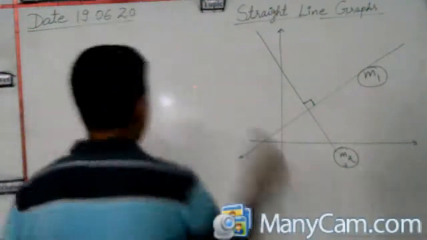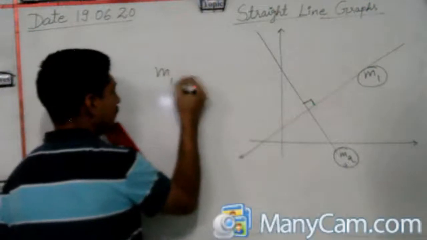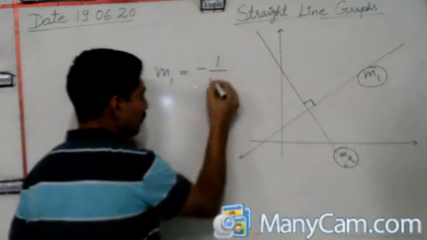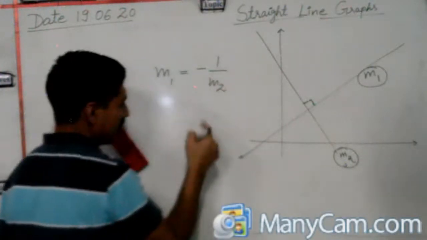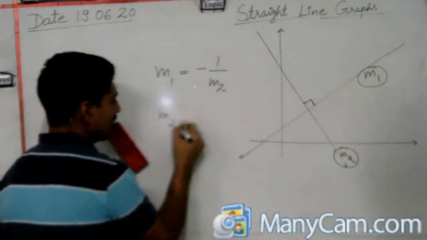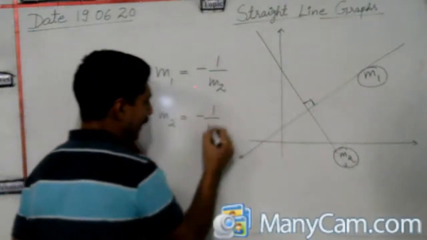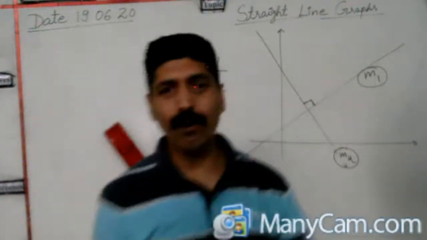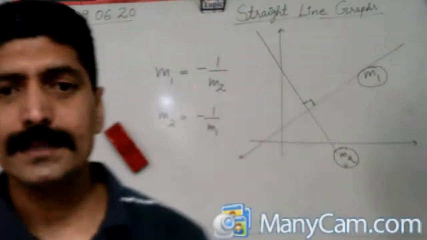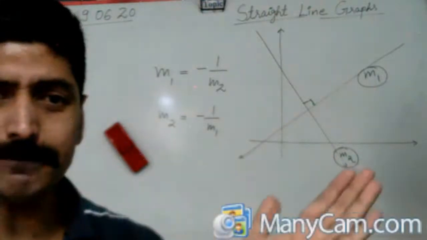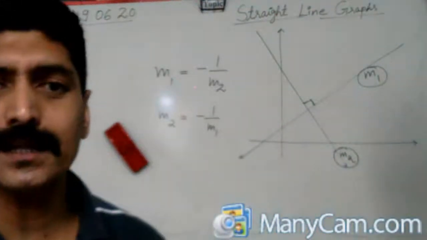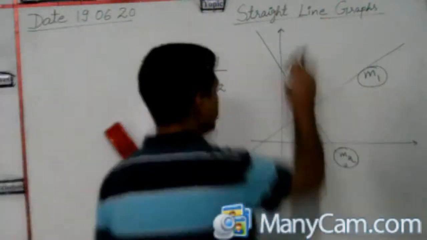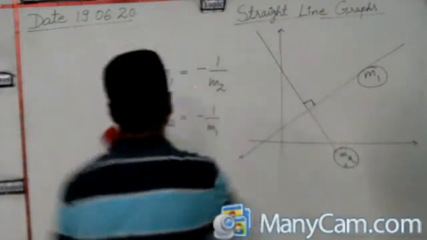It means m1 is always equal to -1/m2, or interchanging, m2 is equal to -1/m1. The gradient of one line is the negative reciprocal of the other gradient. From here we have the relation for two perpendicular lines